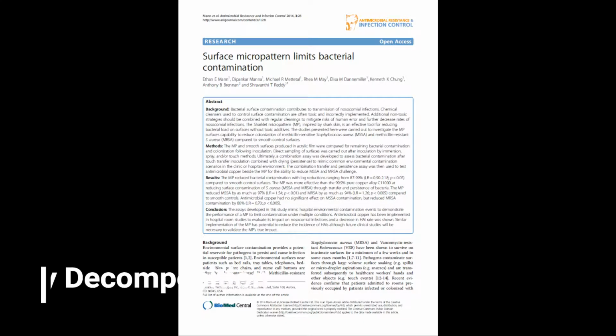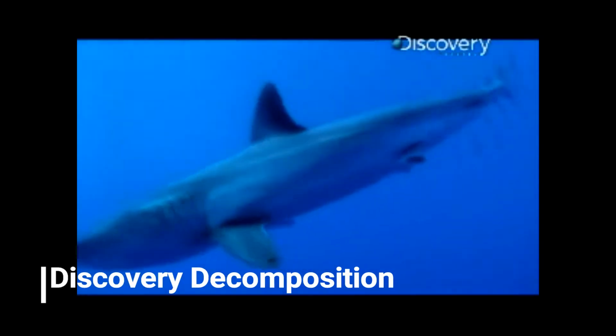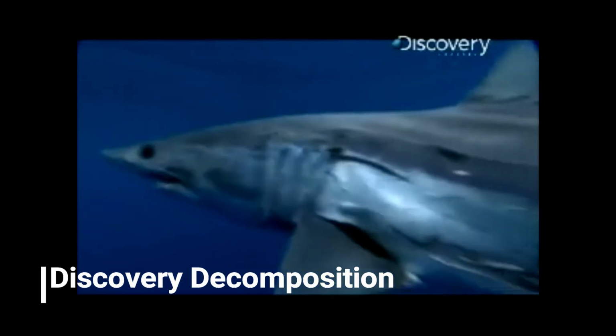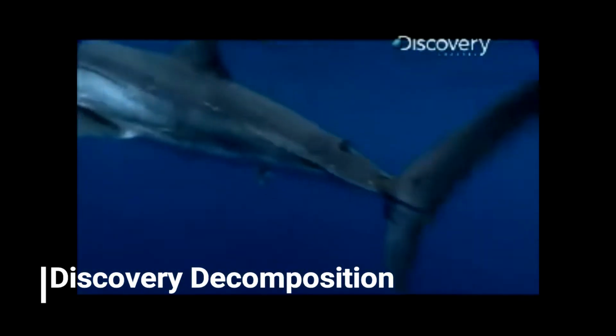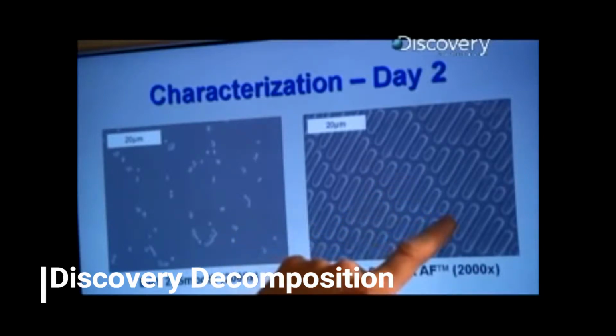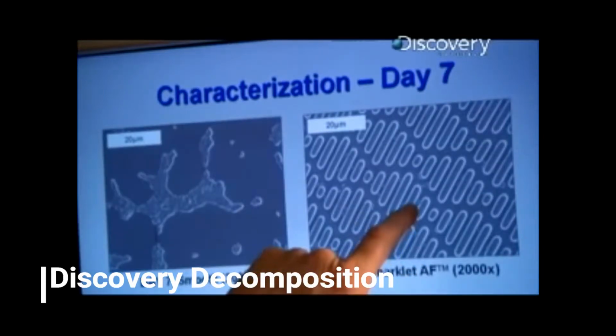The inspiration for our shark skin micropattern comes from an article by Dr. Ethan Mann at the Biomed Center. Dr. Mann hypothesized that the shark skin micropattern is an effective tool for reducing bacterial load on surfaces without toxic additives. Dr. Mann tests the hypothesis by introducing the micropattern in a smooth control to two different strains of bacteria,